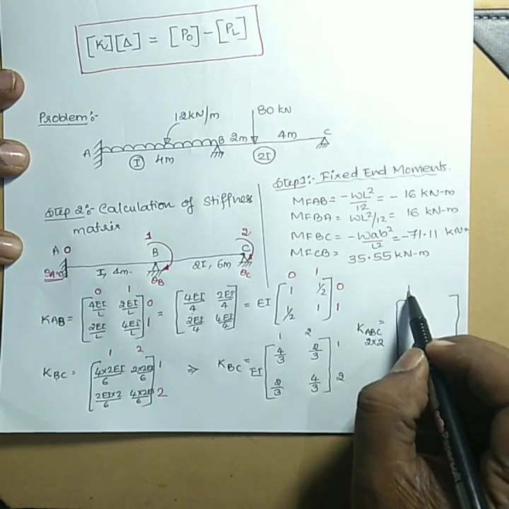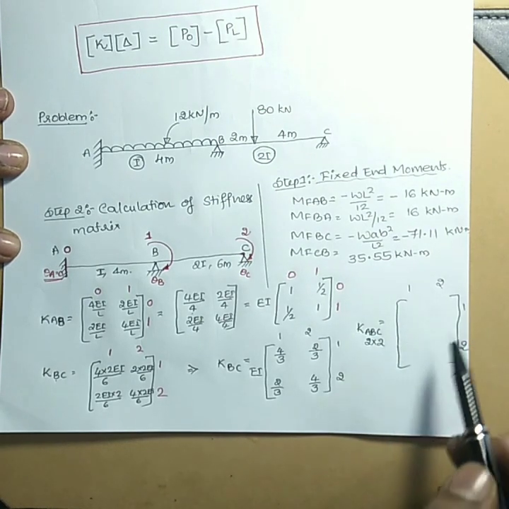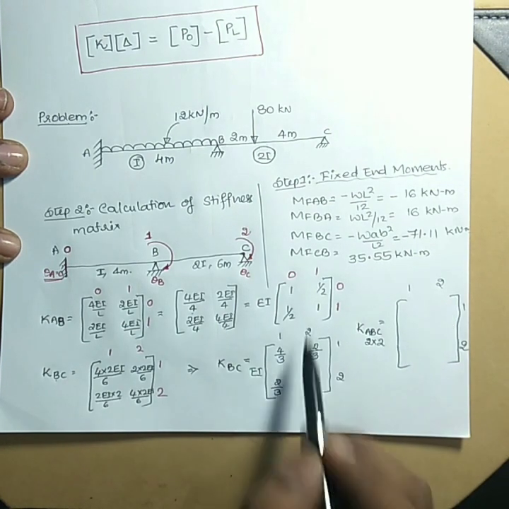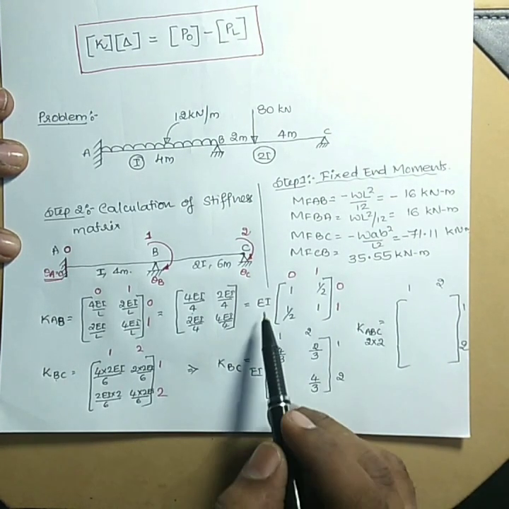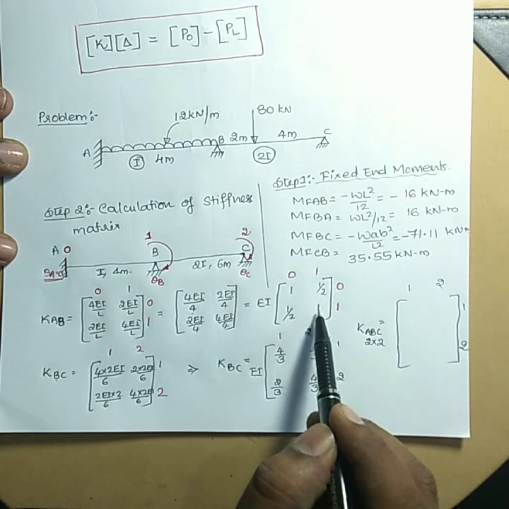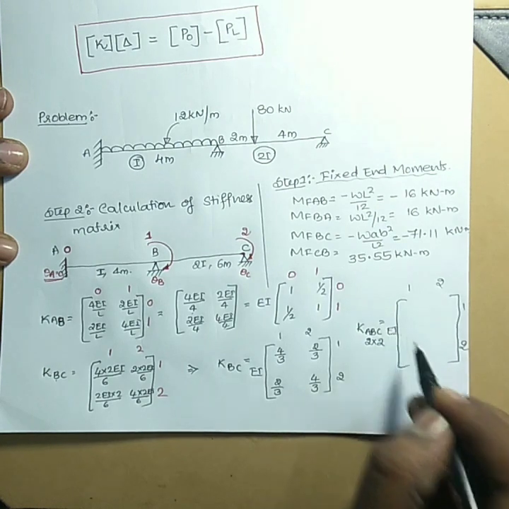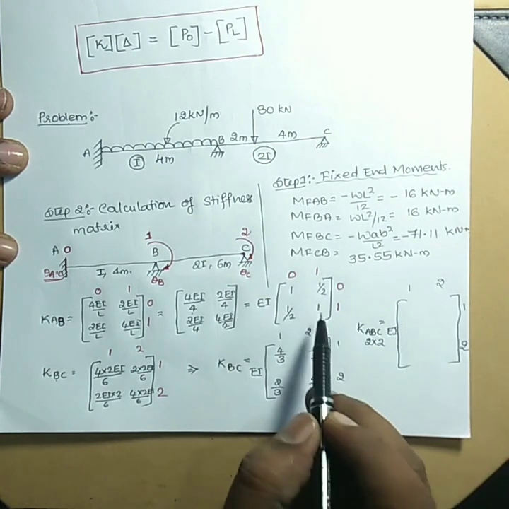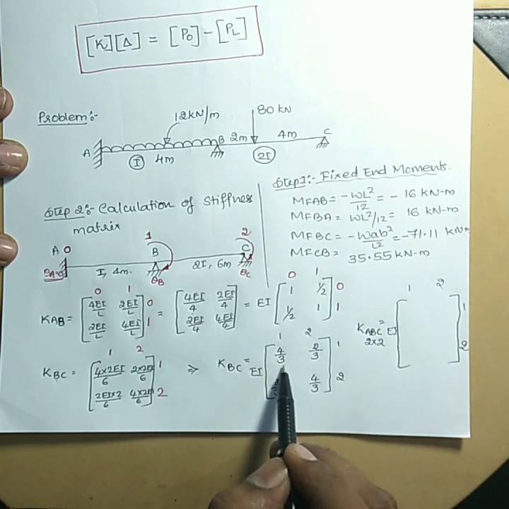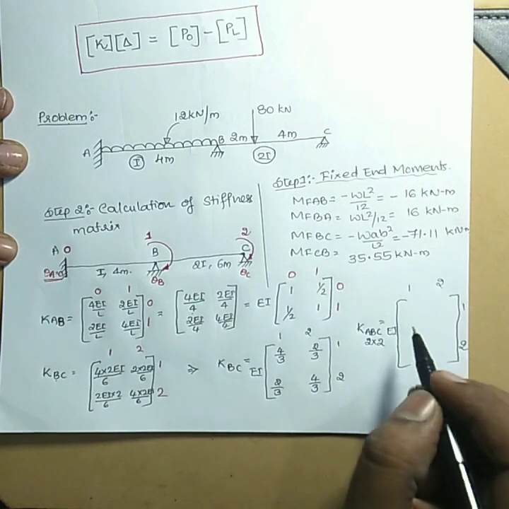That is 1, 2, 1, 2. This is your final stiffness matrix, 2 into 2. Here the first term is 1 into 1. What you have to do is find 1 into 1 in both the stiffness matrices. In the stiffness matrix of AB, 1 into 1 is this particular value, that is 1 into EI. In both cases we have kept EI constant, so here also I will keep EI outside. So this component is 1 into 1. You have 1 into 1 here, that is 1, and 1 into 1 here, that is 4 by 3. So add these two values, 1 plus 4 by 3, you will get 7